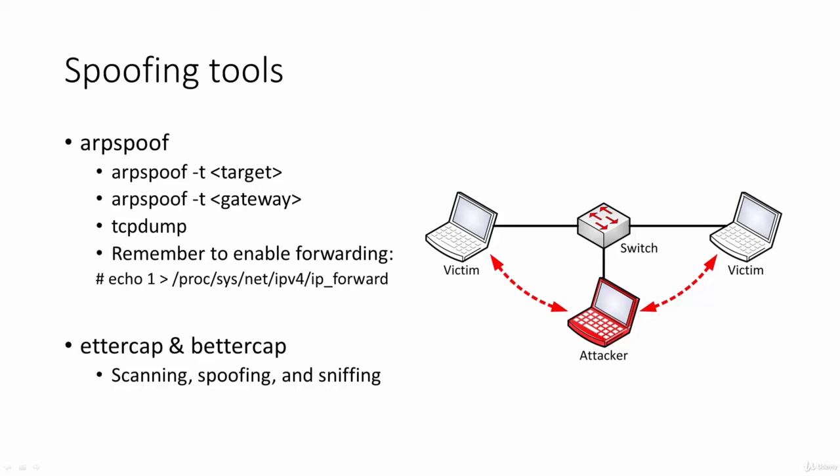So now to spoofing tools. The easiest way you can start spoofing your local network, or your home network, for example, right now, is to use this ARP spoof utility from Kali Linux, and tcpdump you will already have there, and don't forget to put 1 into this configuration parameter, right? So putting 1 to the IP forward parameter in